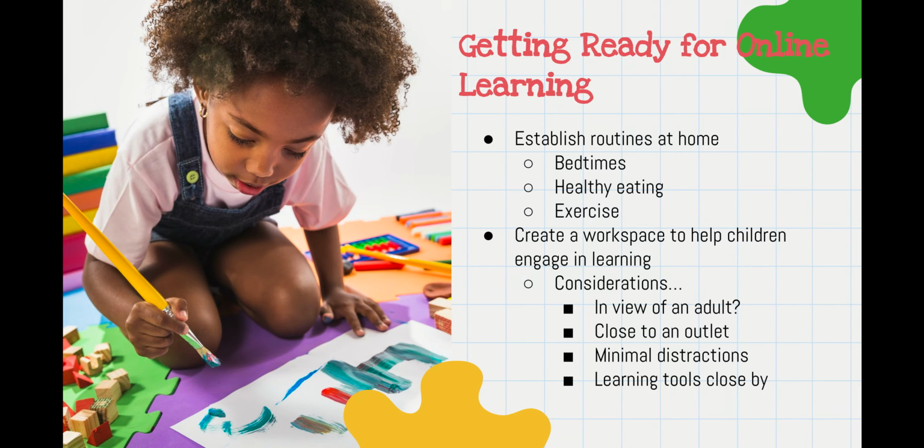You also want to help your child by making sure they have learning tools close by. For example, if they wear glasses, they should have them by their computer, as well as things like paper and a dark pen. We are not asking you to make any purchases, but you may want to consider a desk as a workspace for your child and headphones if they are easily distracted by noise.